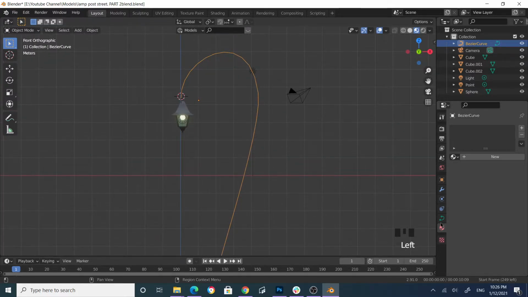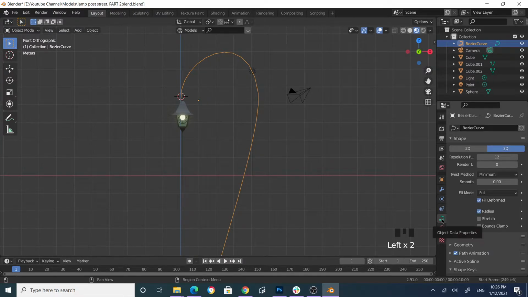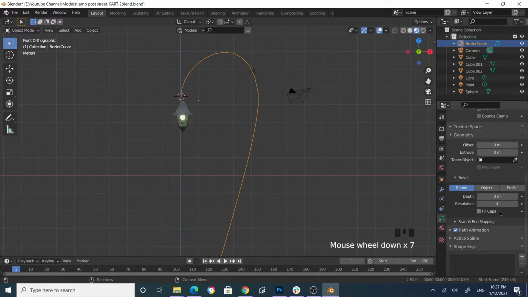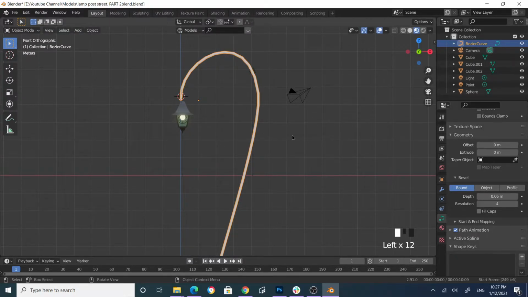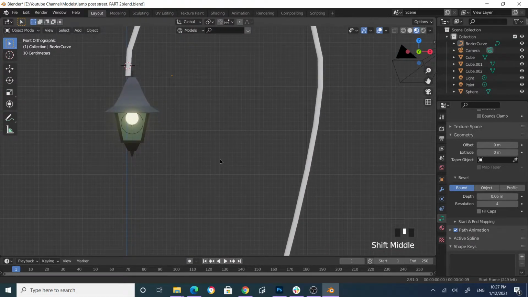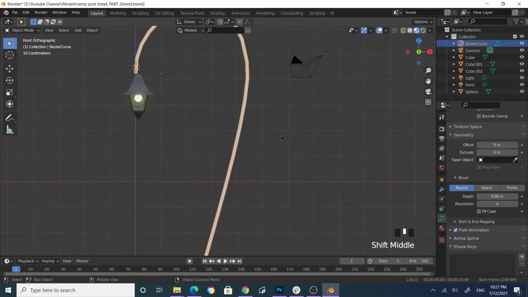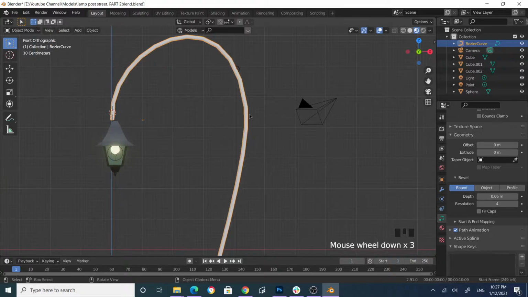Let's select the curve, come over here and then select the object data properties. Under the geometry, scroll down until you find bevel, and then increase the bevel. Maybe let's say 6.6. Yep. And I feel like this is more like low poly, so I want to add one level of subdivision surface modifier to this one. Control 1,